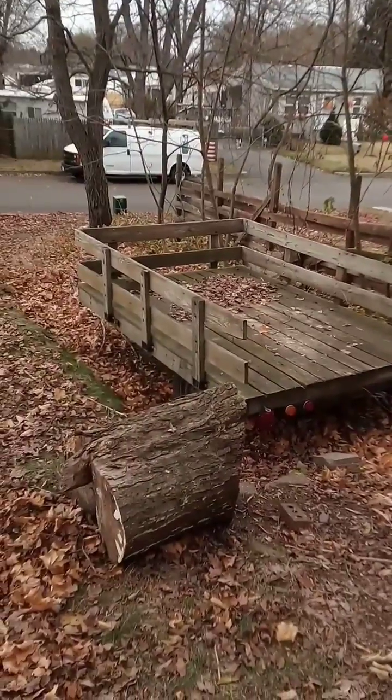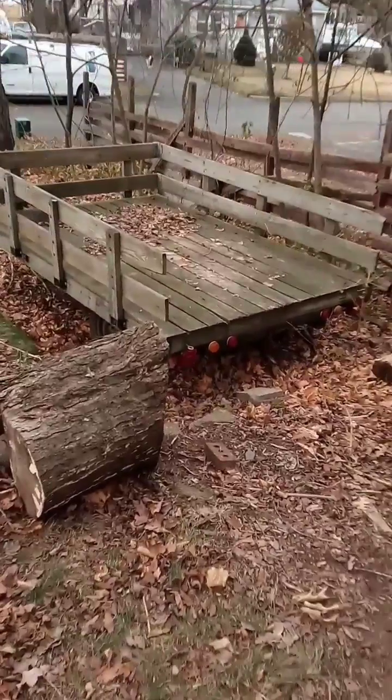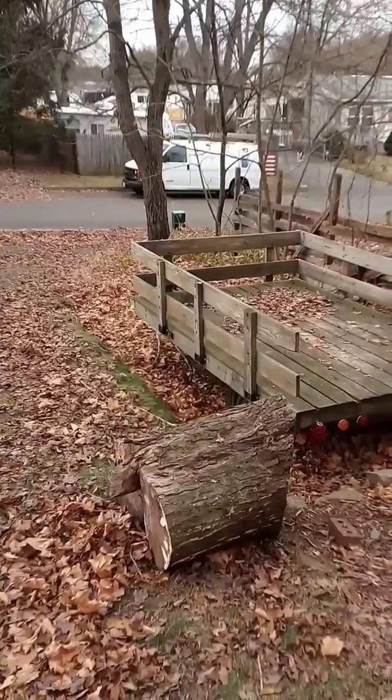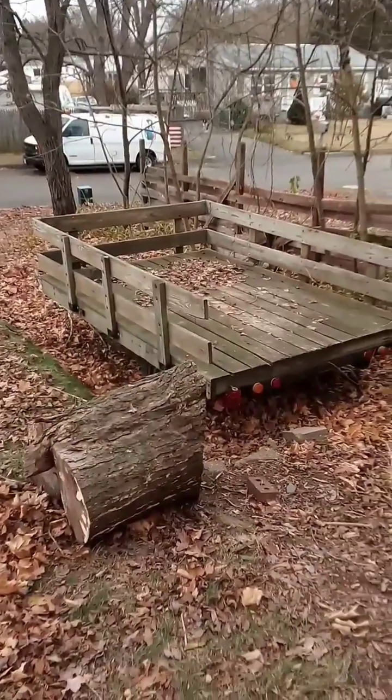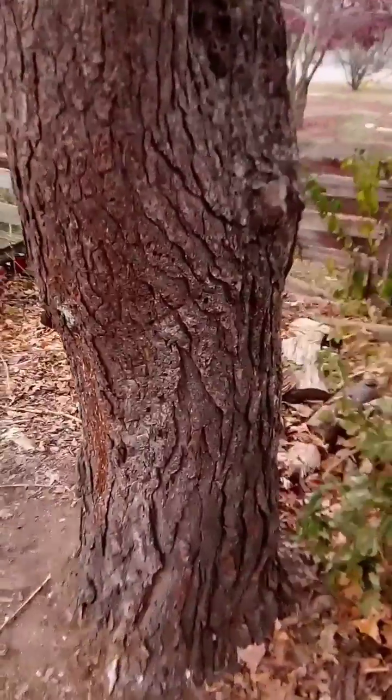There's my trailer I haven't used in a while yet. It's been sitting there for a while. Gotta get another pickup truck. All my life I've had pickup trucks, and haven't had one in a while for some strange reason. But anyways,